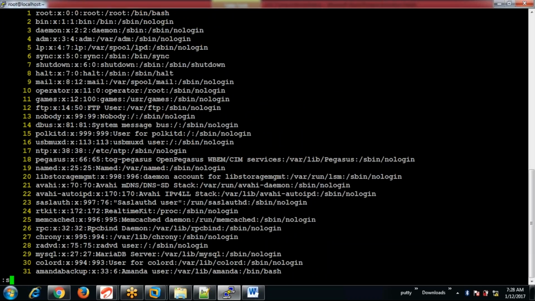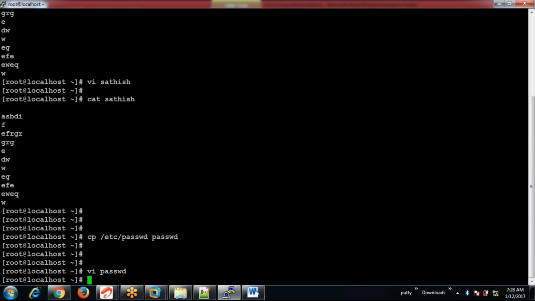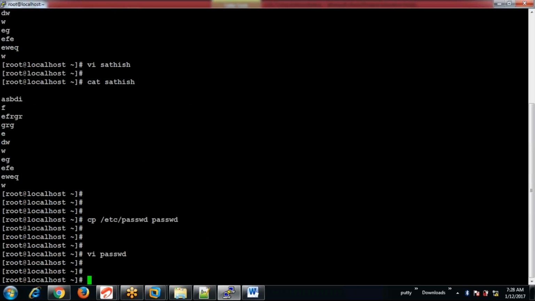If you want to remove it, you can use set no nu, and the line numbers will be removed. Now if you want to make it permanent, for every file you cannot include this command set nu whenever you are using VI.